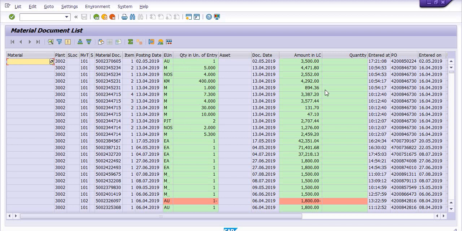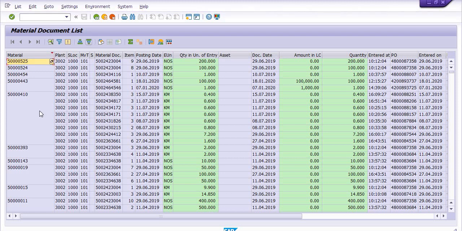Using movement type 101, there are two options. Once you post any service entry sheet, then movement type 101 is found again. Select the material column and sort in descending order. All the material received in this storage location in this plant with respect to a purchase order is showing there. If any material entry is blank, then this is a service purchase order, where we have received some services from a vendor.